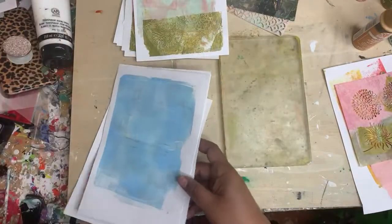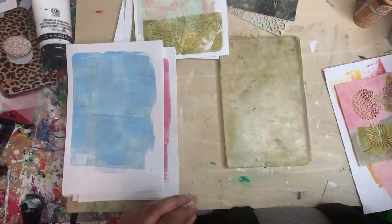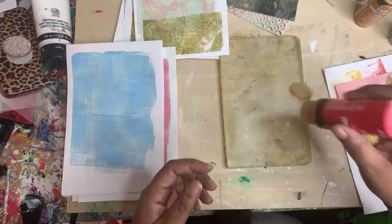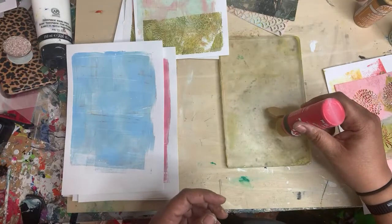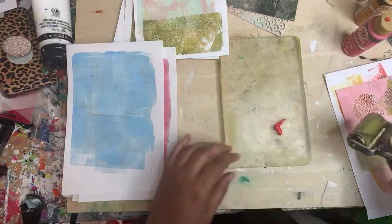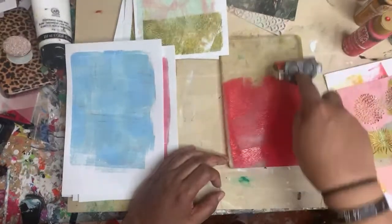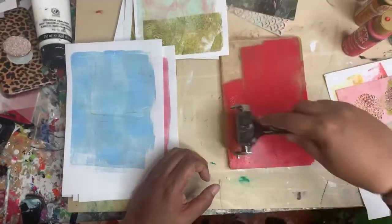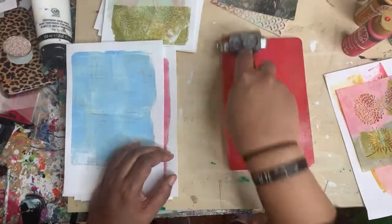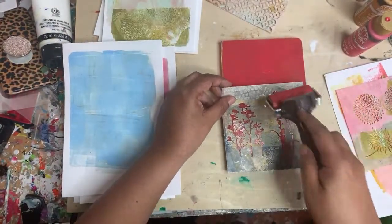What do I got? Three more pieces. Let's try, we did the green just now. Let's do some bright red. Let's do, oh, it's really red. I'm going to use this guy here. Sort of has a,